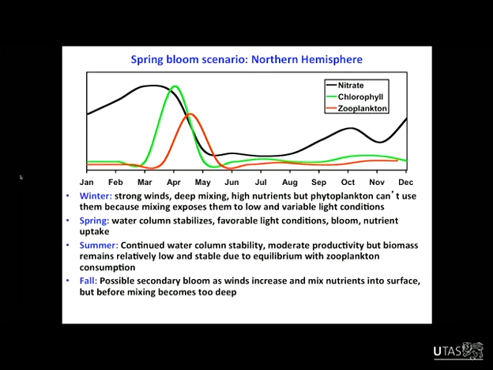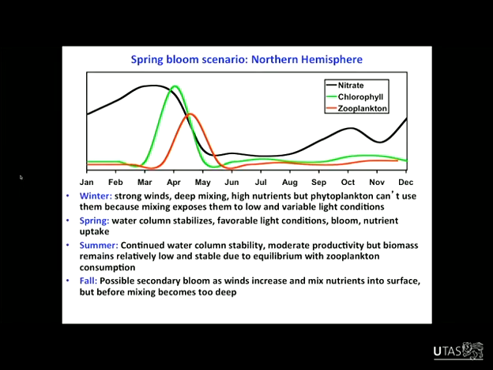As the mixed layer starts to get shallower, the phytoplankton are exposed to higher light levels, and they can start to draw on that nutrient resource and generate high productivity. So we see a bloom of phytoplankton, so high levels of chlorophyll or phytoplankton cells, which starts to deplete that nutrient resource. And then, as I showed in that previous plot, the zooplankton realise that there's a food source there, so they start to increase their population. So it's the grazing by zooplankton and also the depletion of nitrate that starts to diminish the bloom.